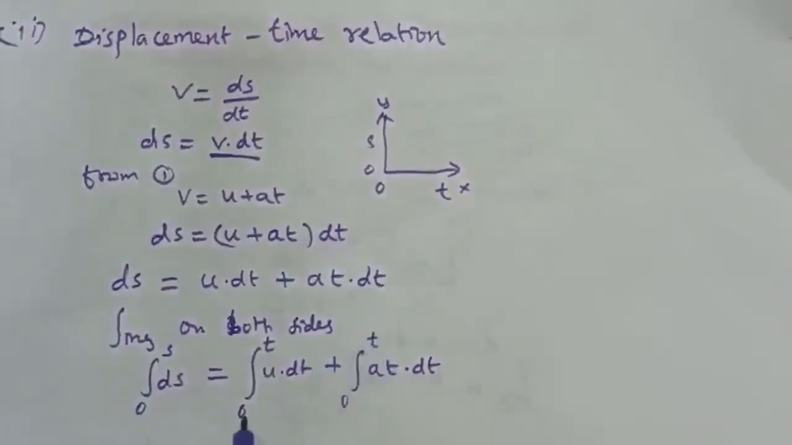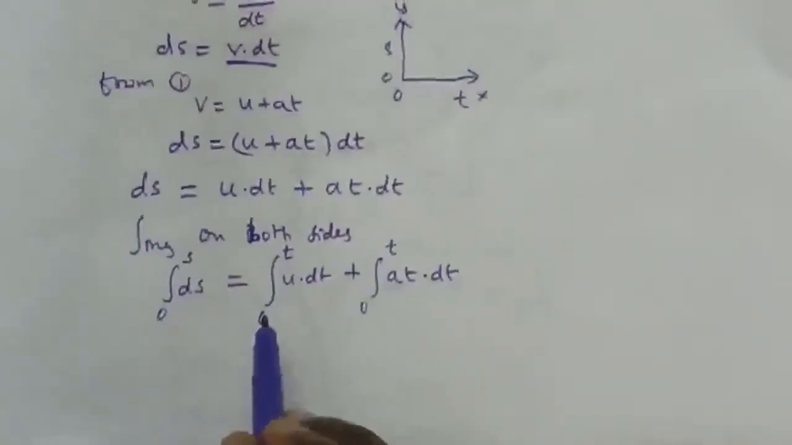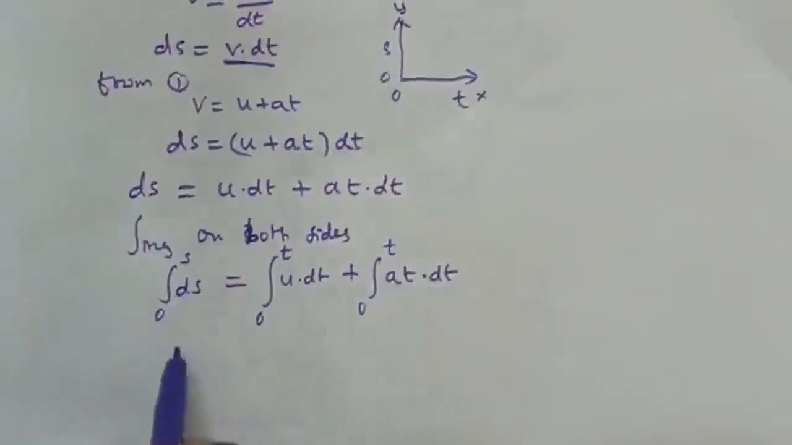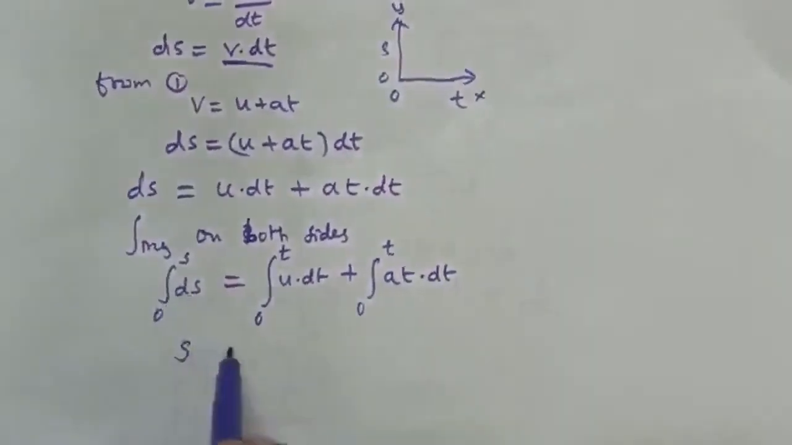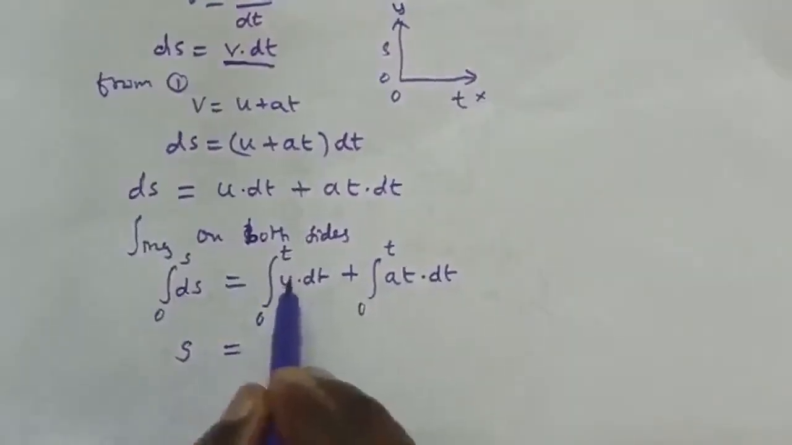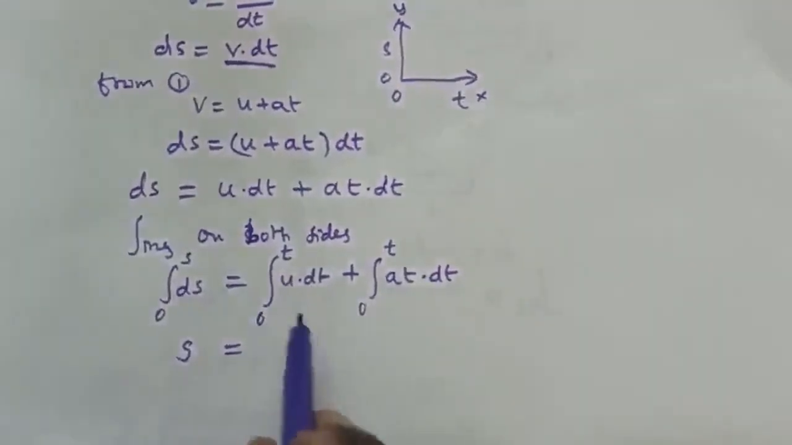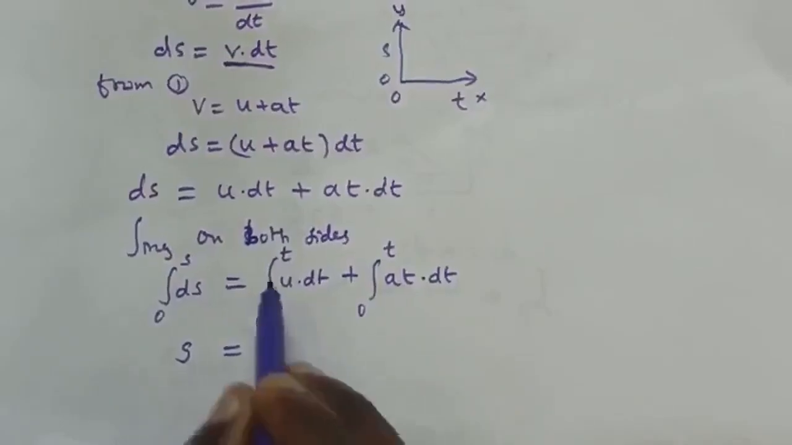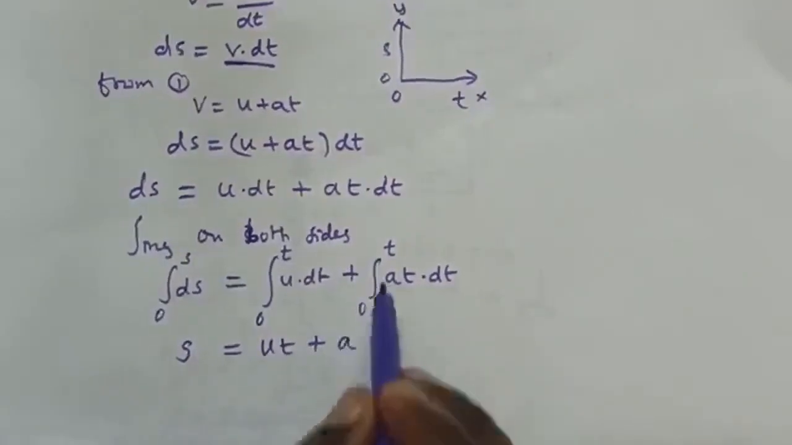Okay, now integrating those values. So integration of ds, what is the value? So s minus 0, s, that is equal to u dt. What is the integration of dt? It is t. That means integration of dx is equal to x. So here integration of dt is equal to t, giving ut, plus a is constant, integration of